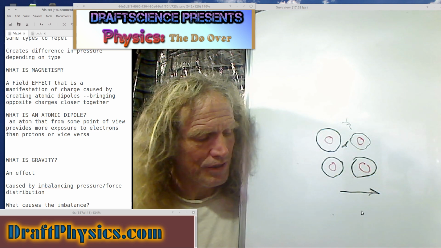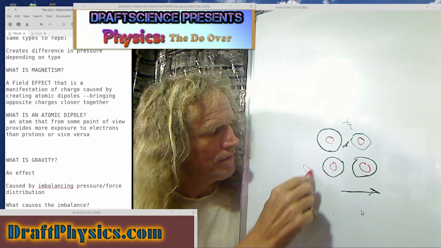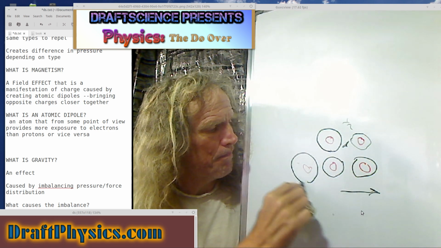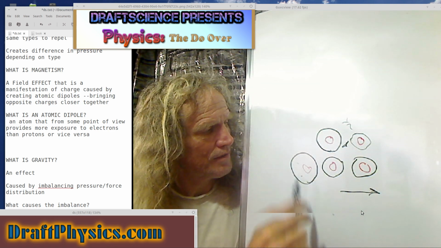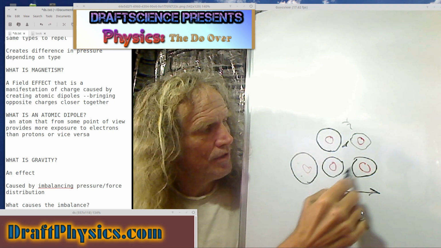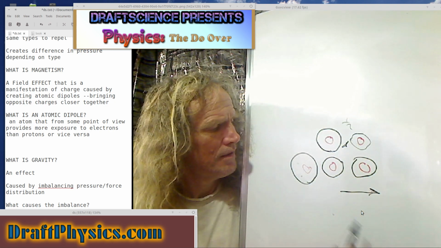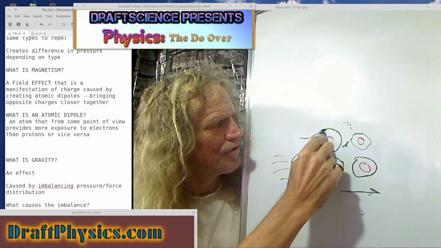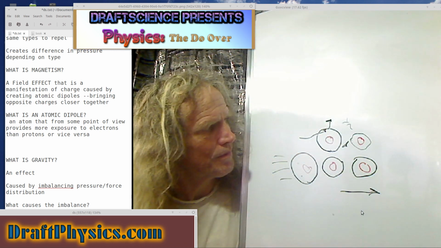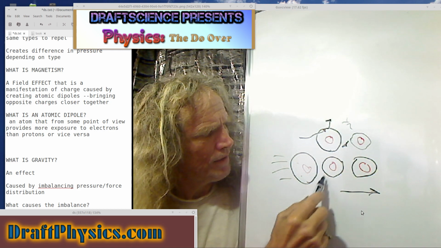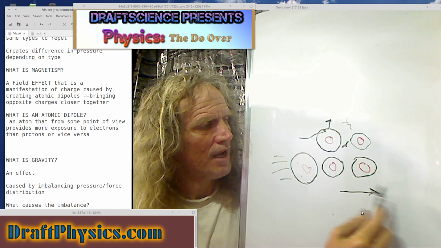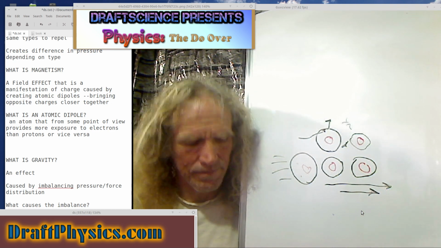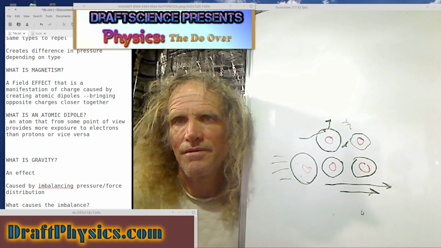Now, if I keep pushing expansion pressure into the atoms next to this one, that chain of transfer is going to keep happening. If I stop pushing in pressure that pushes the electron further away from the proton, then this chain reaction will stop. But that's electricity moving through a conductor. So that's a little bit of free bonus.